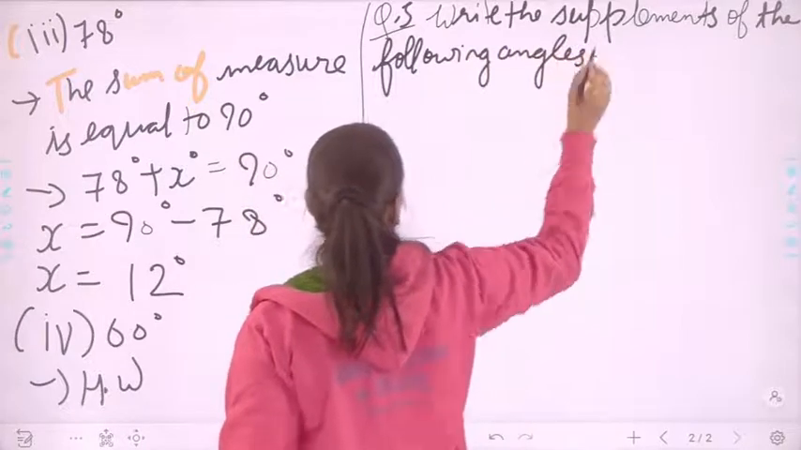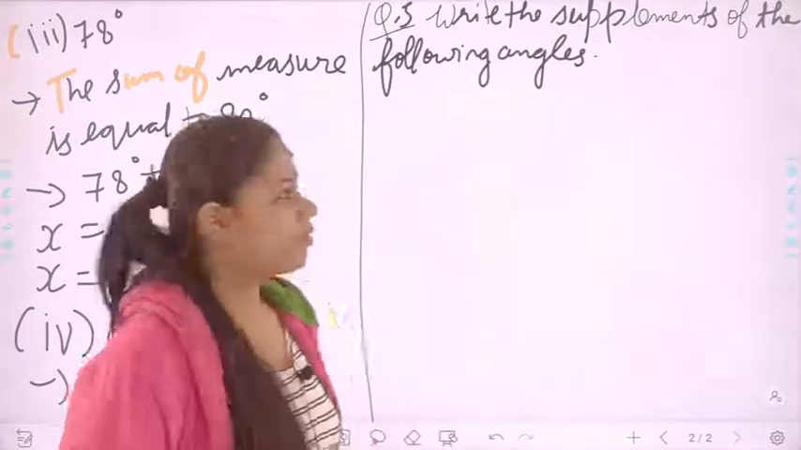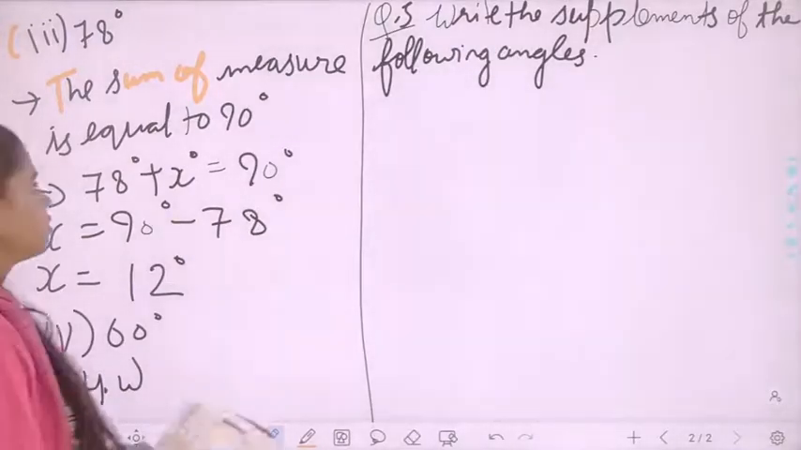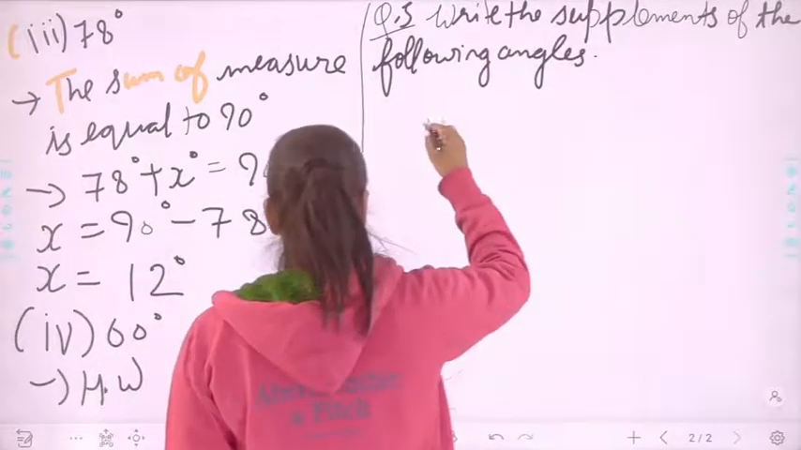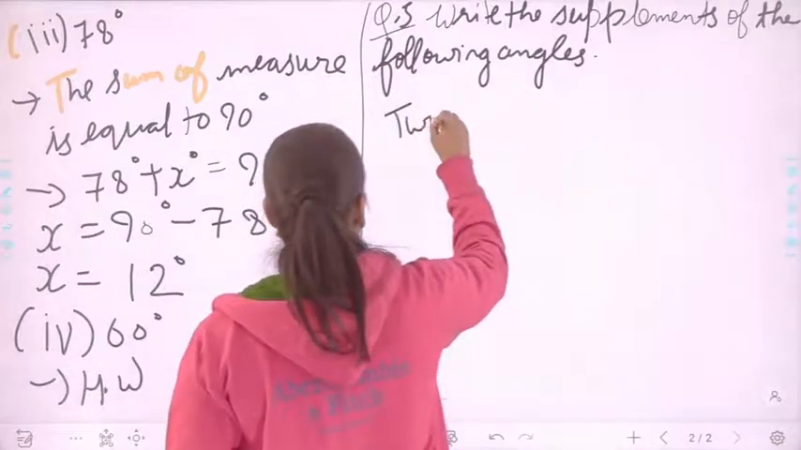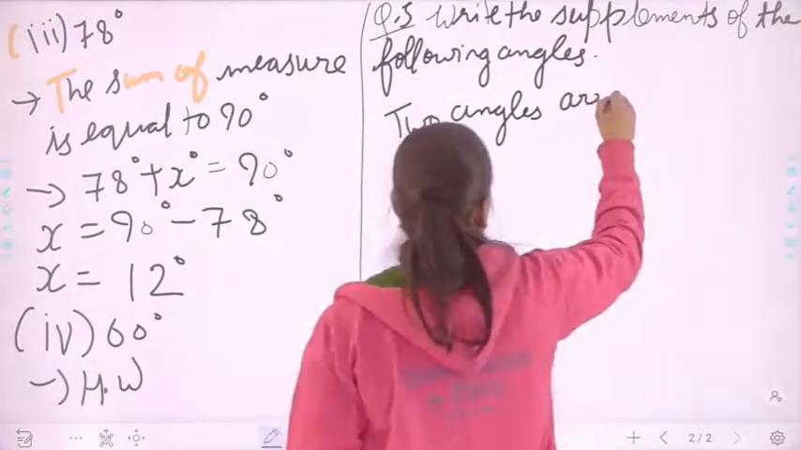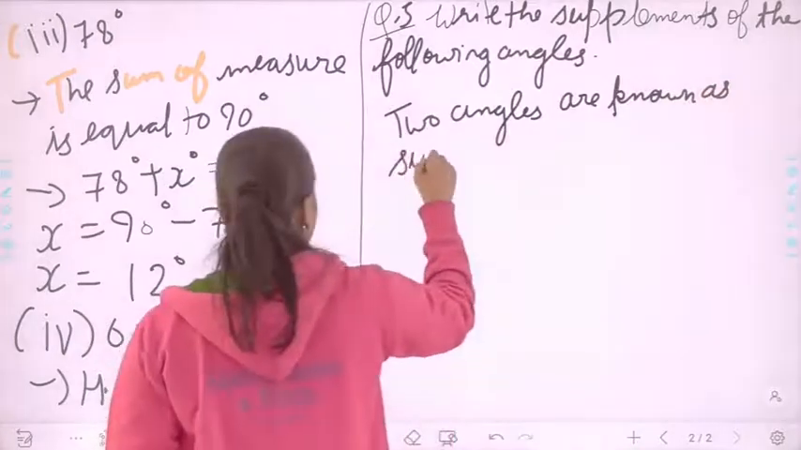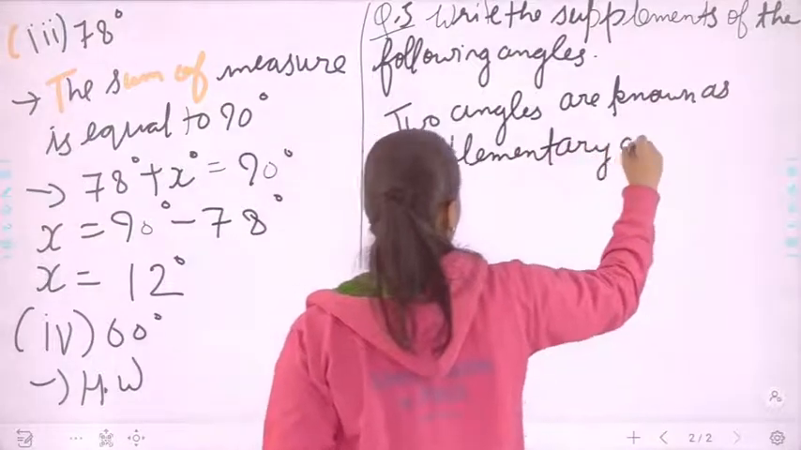तो supplement क्या होता है? The sum of measures is equal to 180 degree, right? That is known as supplement. Let's start. That is, first of all, two angles are known as supplementary angles